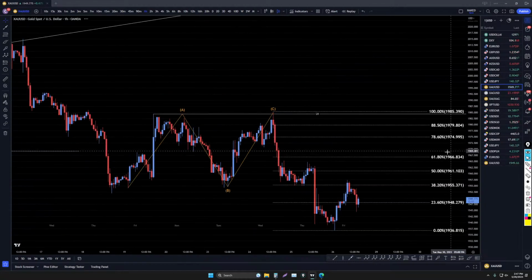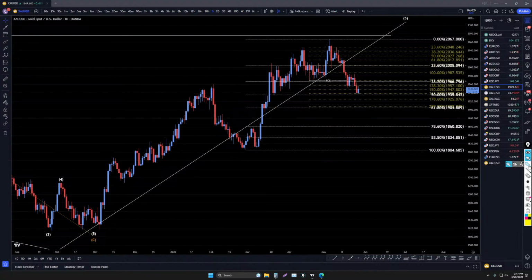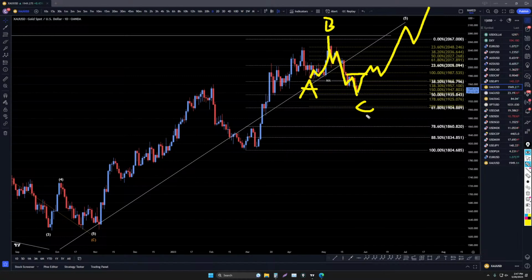So what's going on with gold? Ooh, gold really looks like it's in a wave B. I don't think gold's gonna make another push down today. It looks like a 1, 2, 3, 4, 5 almost too. Like I've been saying for quite some time now, this possibly could be a wave C. So if this does go up and if it does break structure on the daily, that's pretty much going to prove to me that it's a wave C. This is an irregular A, B, C. And if that's the case, then this thing could very easily just end up continuing the uptrend.